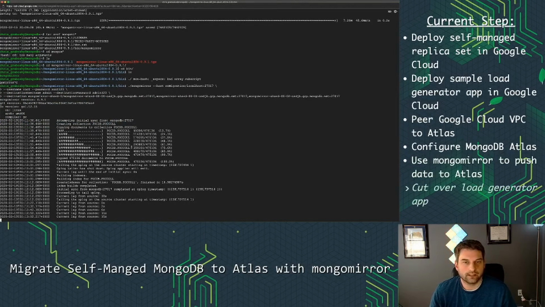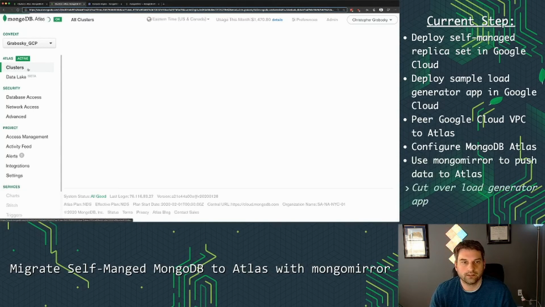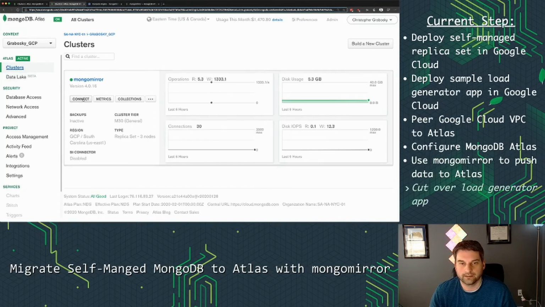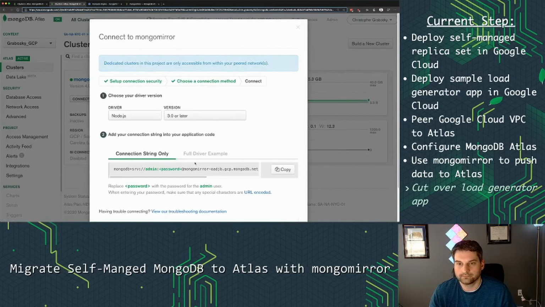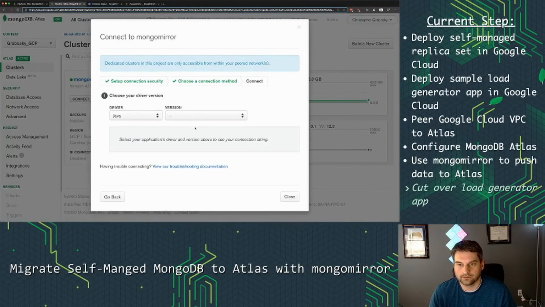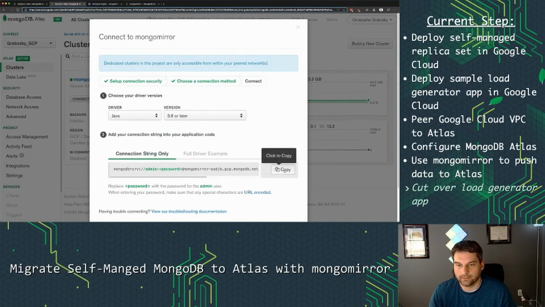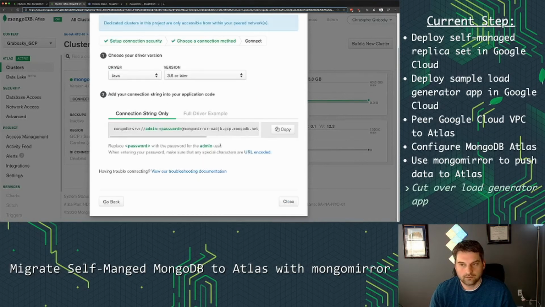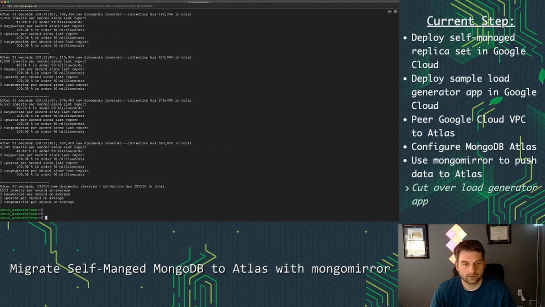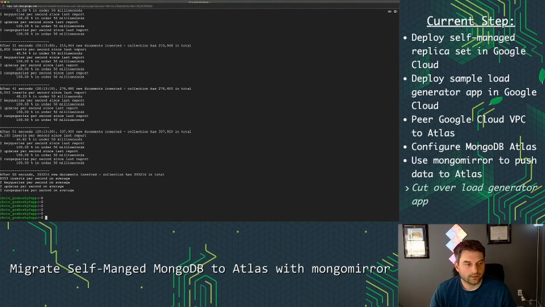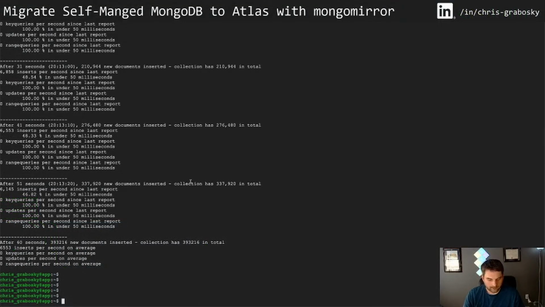So to do that, I can go back to MongoDB, click clusters, click connect. In this case, we're going to connect our application this time. It's written in Java, and I can copy this connection string. So if I go back to my application server here, I can basically rerun that Java command one more time. And to do that, we will run